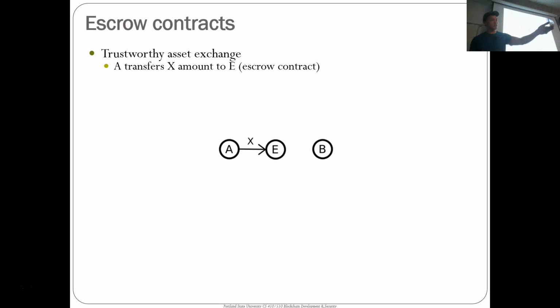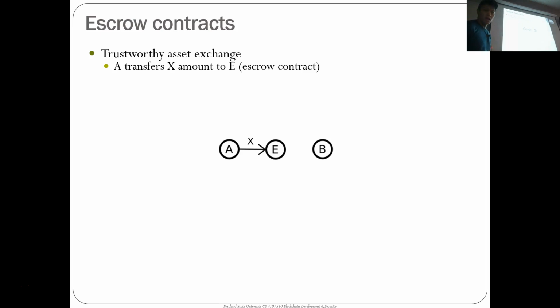I can't exchange the money for the deed simultaneously. It's not how it works. So you have an escrow company. The idea of an escrow company is that if A and B want to transfer something to each other, say A wants to buy a house from B, A will send money to E, which is the escrow agent, and in this case, the escrow